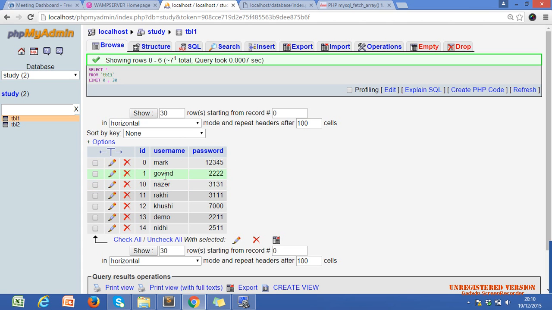If anybody enters Govin and 2222, they should be logged in. If anybody enters Mark and 12345, they should also be logged in. We have different combinations of username and password, so our user should be logged in, otherwise it will show username and password incorrect. So in our next session we will create a dynamic login page, login, welcome and logout page.